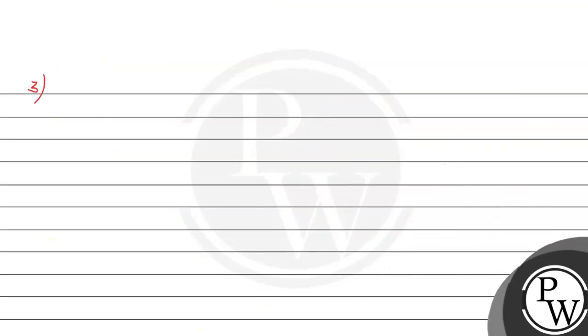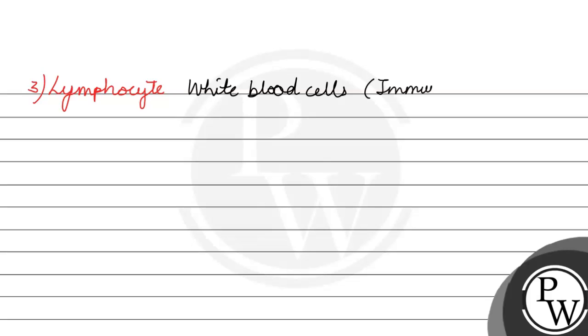Thirdly होते हैं lymphocyte. So lymphocytes भी होते हैं a type of white blood cells. So lymphocytes भी help करते हैं our immune system. So lymphocytes specialized white blood cells होते हैं जो कि produce करते हैं antibodies to fight against various infections.